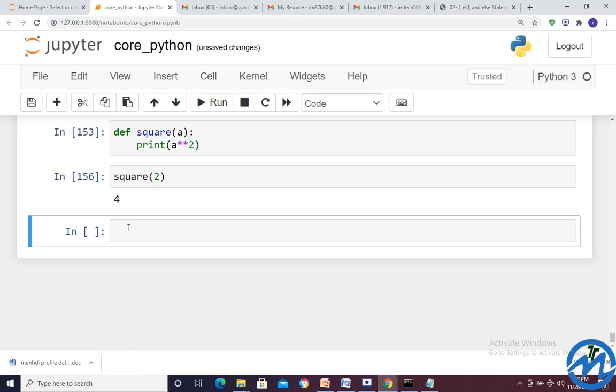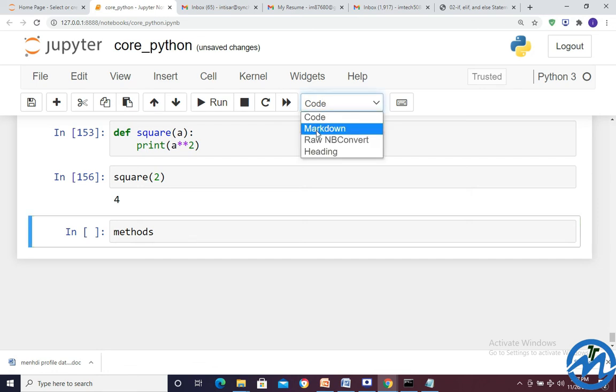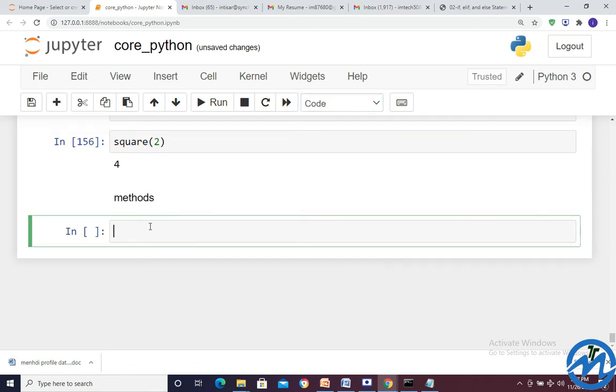Some methods would be here. How can we go ahead with the methods? So let's mark down methods. In this method, suppose I'm writing st is equal to hello, hi, how are you. I just wanted to apply some method on this.